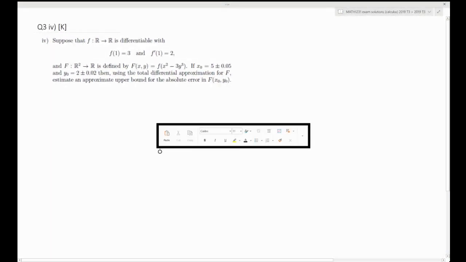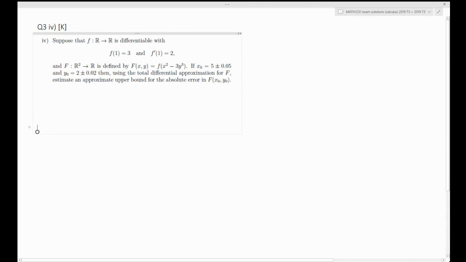There seem to be more than one formula that is somehow associated with these ideas. In my mind, there's really only one formula, and we're just using it to bound the approximation. So I'll start that way and say the total differential approximation